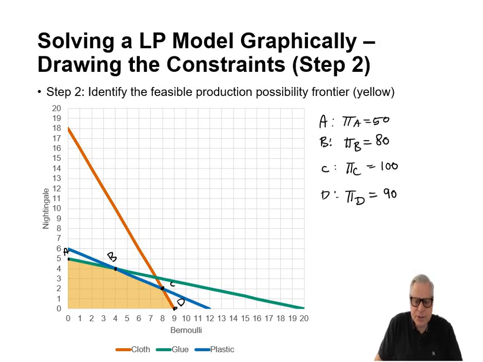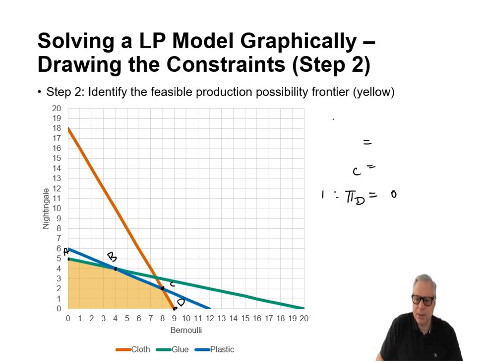Okay, so it looks as if the profit maximizing point is point C. Well, what we don't want to do is go through all possible combinations, but we want to have a technique which makes our life a little bit easier, and that is